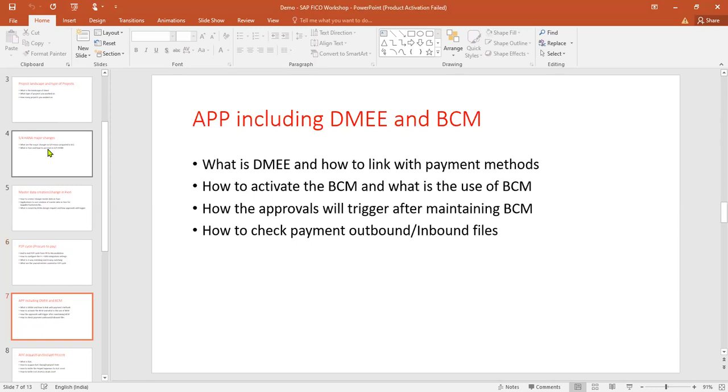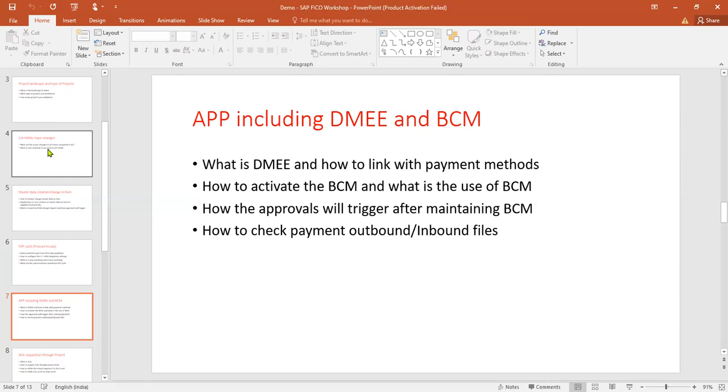Next thing, APP, including DME and BCM. For example, I think you might know the APP configuration, FBZP, and after all configurations, you will go for F110. You may have created some payment proposal and run some payment run also. But in an actual scenario, after the payment run, how will that payment file trigger to the bank?